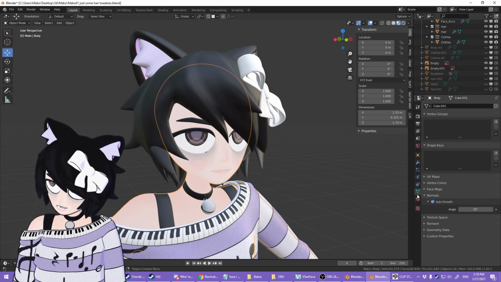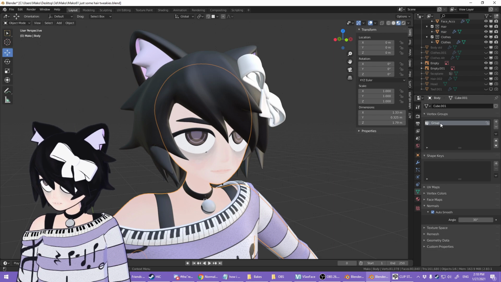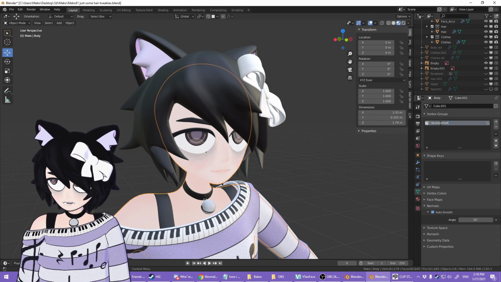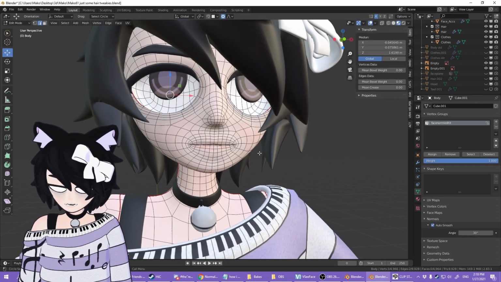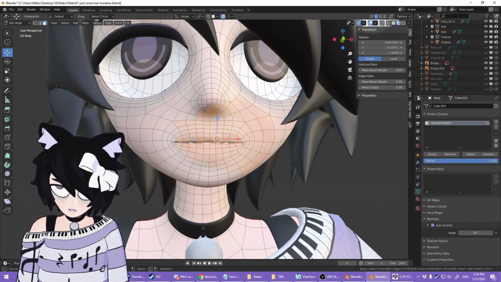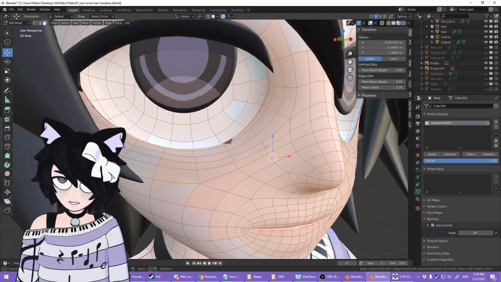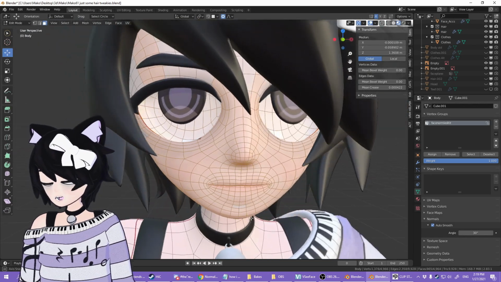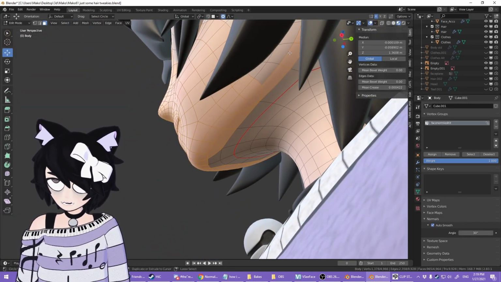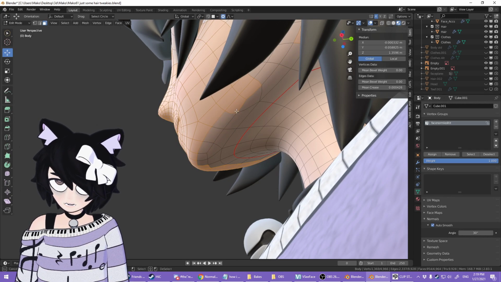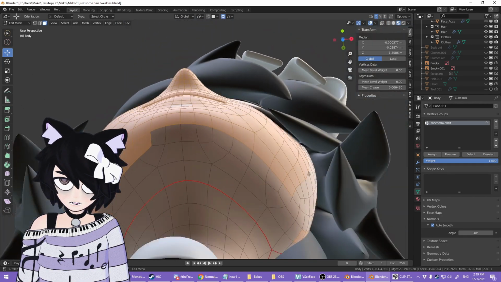So I'm going to click on our body mesh, go to object data properties down here again. Under vertex groups, make a new one. Name it like face normal, whatever. Go edit mode. I'm gonna disable viewing normals because it's distracting. Now I'm going to select everything on the face that I want to be affected by this. That will include the eyes, everything inside these eye sockets. Remember, we're just taking something that is already mostly flat and making it act like it's even flatter. So I don't want this part down here. The cutoff should be right there, seems good, as it's changing down to becoming the underside of the chin.